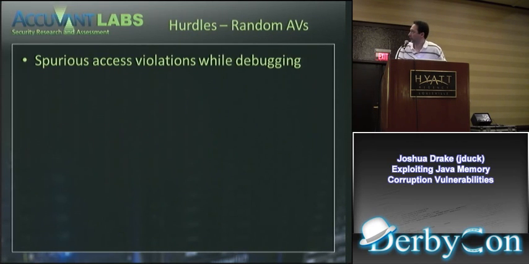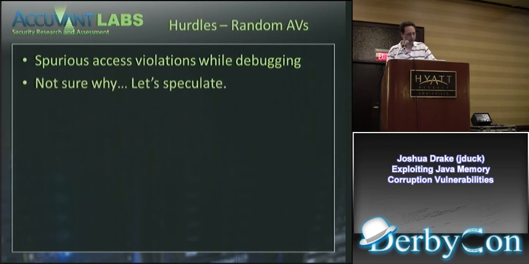Another hurdle that I ran into was you'll be debugging and things will be happening, and then you'll just get these weird exceptions, and you're like, what's going on here? A lot of times in programs like Adobe Reader or other programs, you'll get C++ exceptions, like exception code 40683B2 or something like that. But these are access violations. They're not just weird C++ exceptions. So you can't just say ignore all access violations, because then you're not going to find the crash that you're trying to trigger. I'm not really sure why this happens, but there's some speculation.